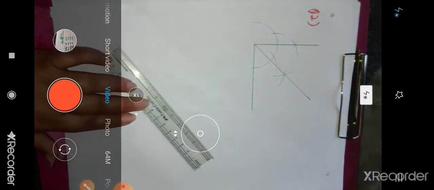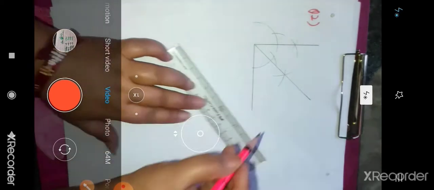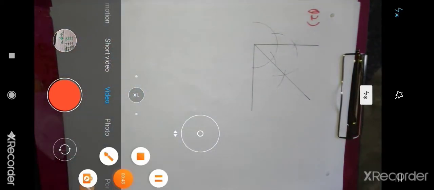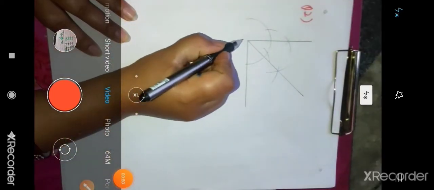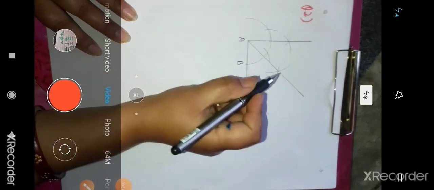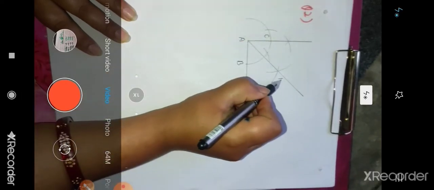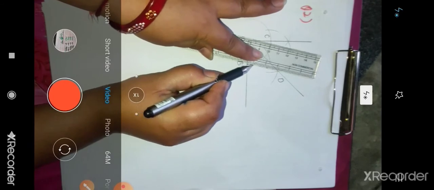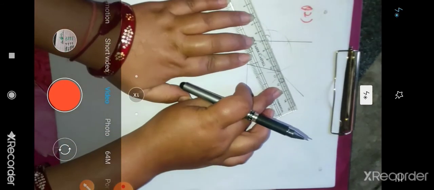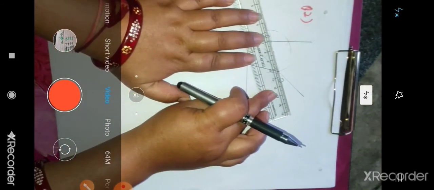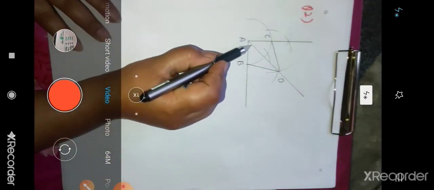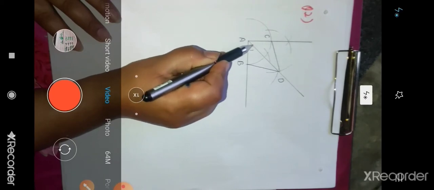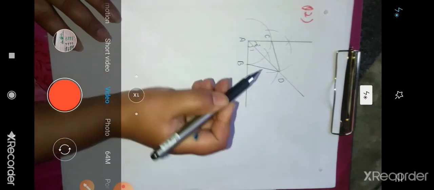Again, you will give some names to these arcs, and then we will verify it. You will name the points A, B, C, D, and join BD and CD. If you see these two triangles carefully, we have to prove that this angle is 45 degrees. That means angle 1 and angle 2 are both 45 degrees. This we have to prove.